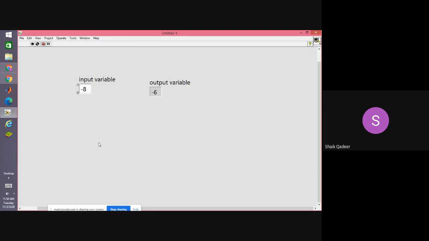The procedure to configure formula node is right clicking on the boundary, and adding inputs and outputs. That's it, sir.